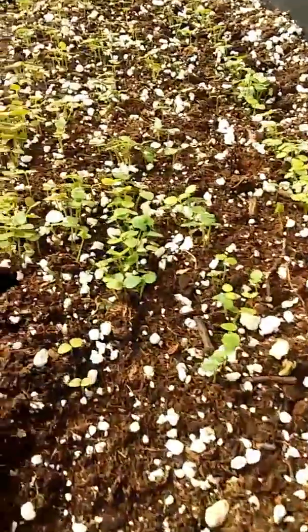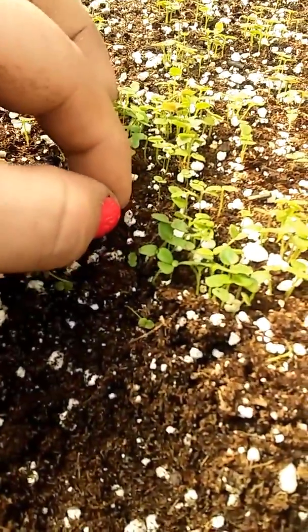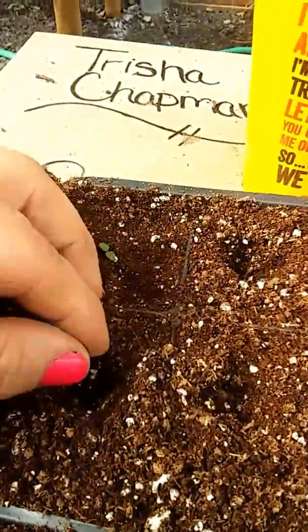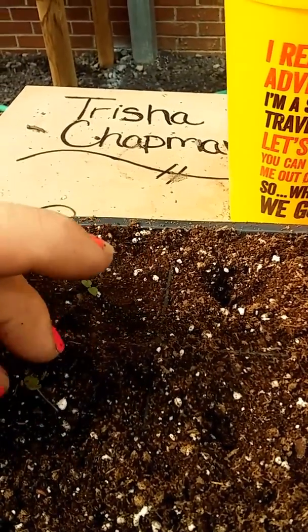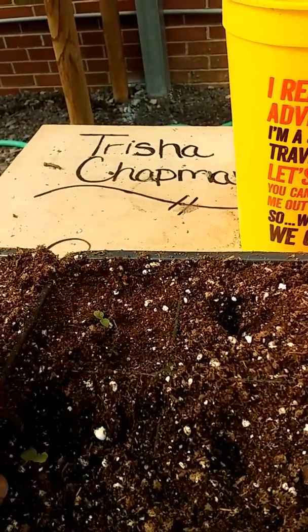So if we saw that up close, we would go across here to where our seedlings are, very gently, where it's loose, pull it out so you see it still has a very good root system, and you go over here to the spot where the hole is, gently put it in. This one didn't go in the center because it's got a little bit of a curve to it, so we're going to try and get it to the center